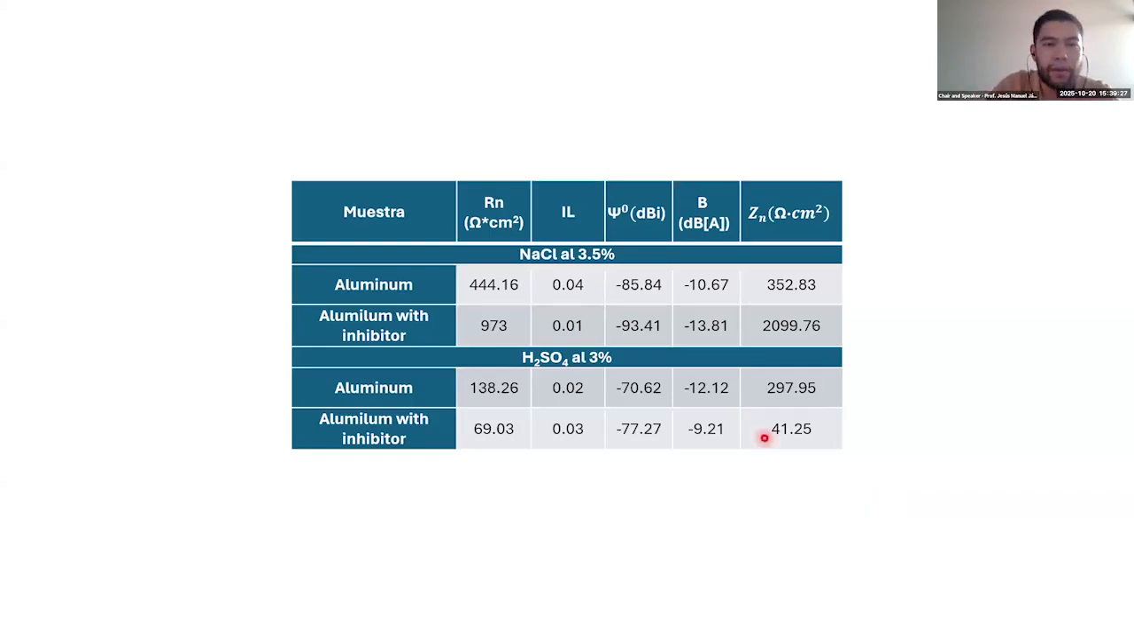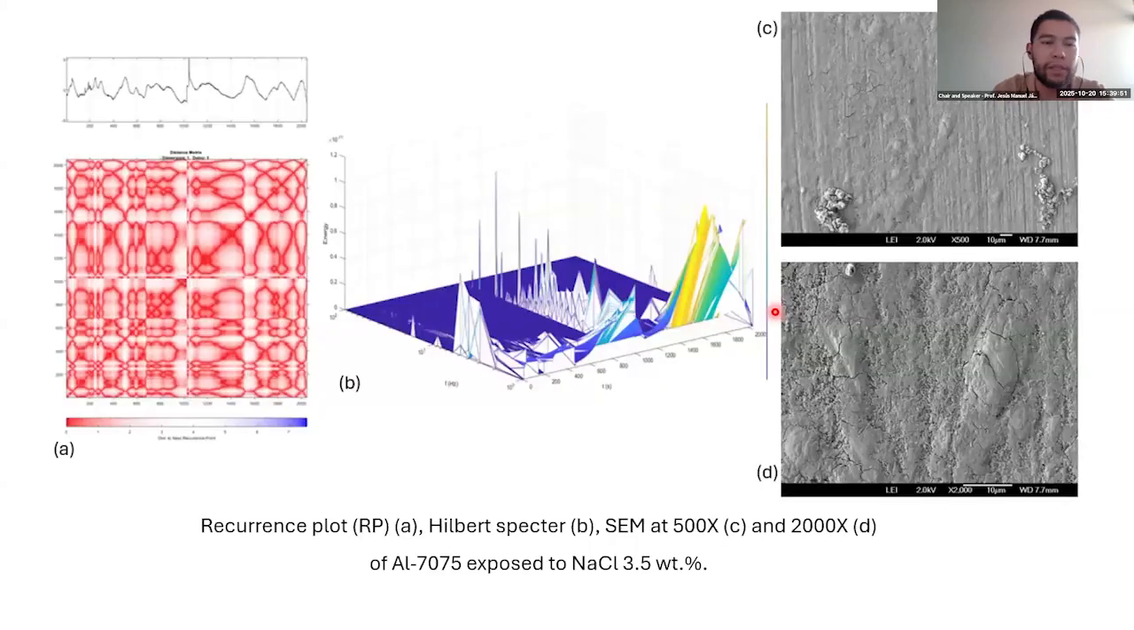But in chloride, in sodium chloride, the aluminum with inhibitor presents a higher corrosion resistance in comparison with the aluminum without inhibitor. However, in the last technique, in the visual analysis, we can see very well the behavior of pitting. For that reason, we employed analysis by recurrent plots and Hilbert spectra, comparing